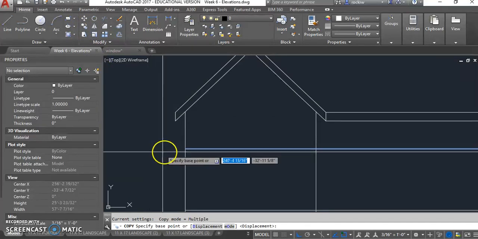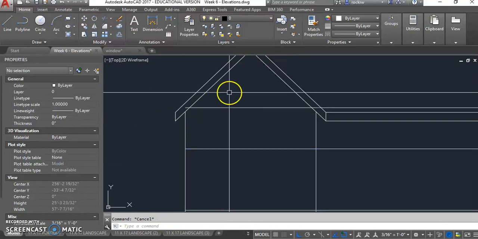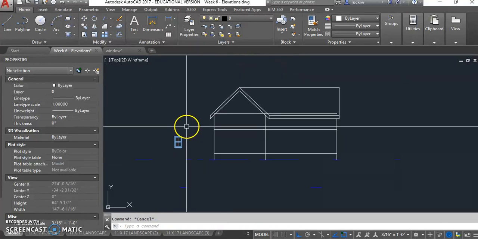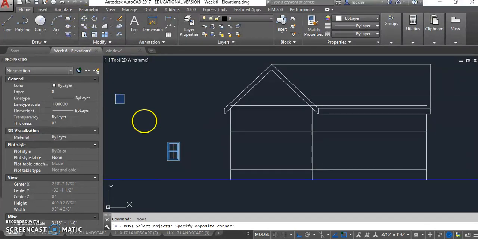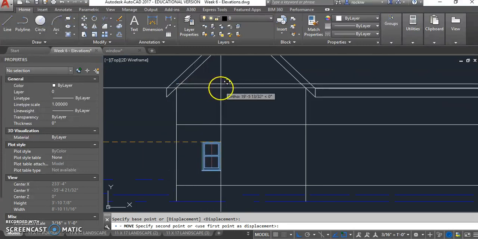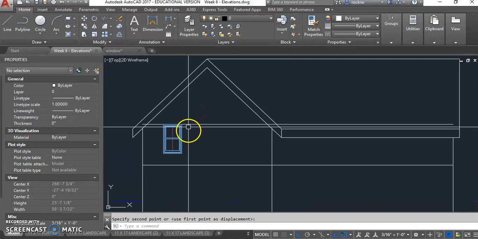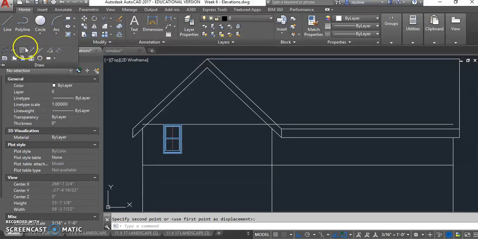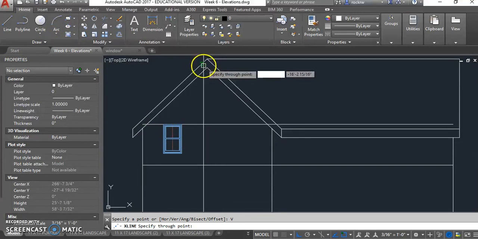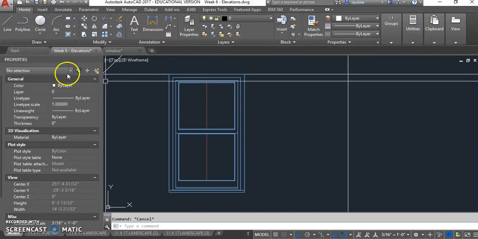On your plan, we've noted that all of the windows' head height is 80 inches, or 6'8", above the second floor, which is a very typical window head height in residential construction. So I'm placing the window where it needs to be. We know that it's going to be in the center, and there will be 2 of them. So I'm going to put the center line. This is window 10, I believe, from the